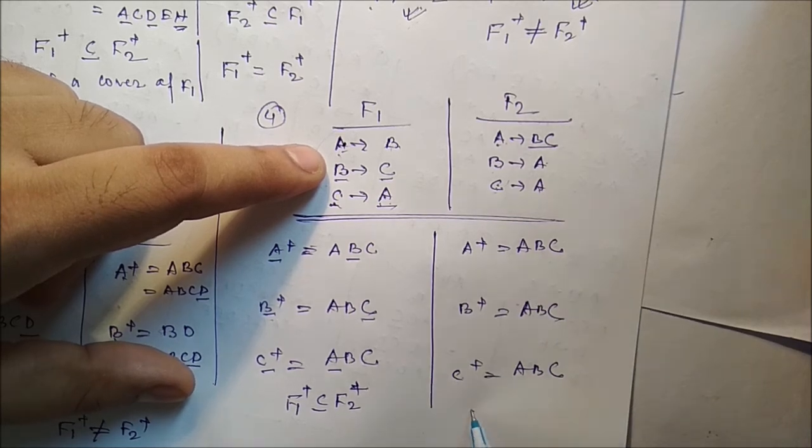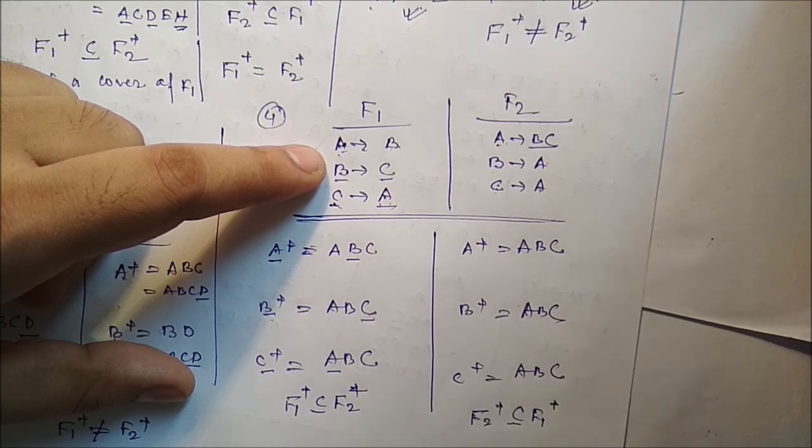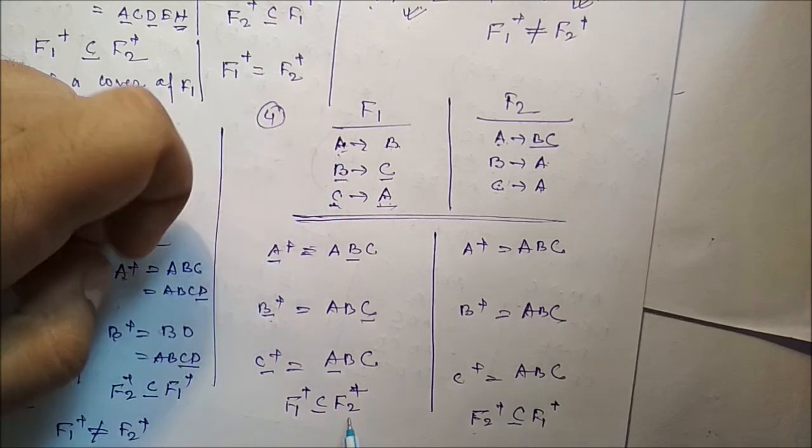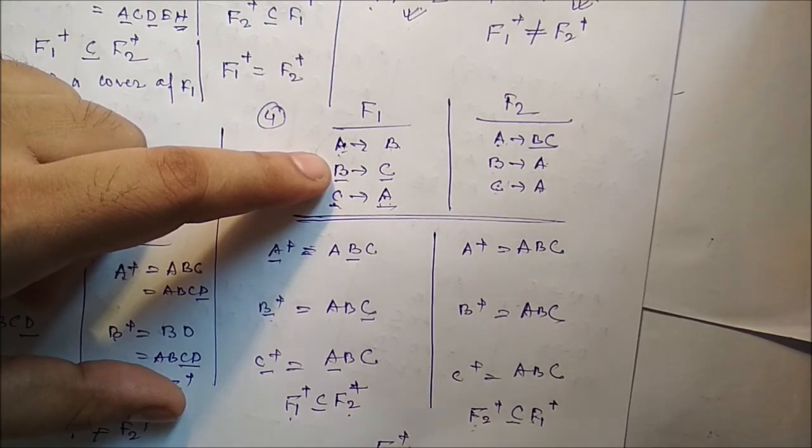So we can say that F1 is a cover of F2. So here F2 is a cover of F1, and F1 is a cover of F2. That means F1 is equivalent to